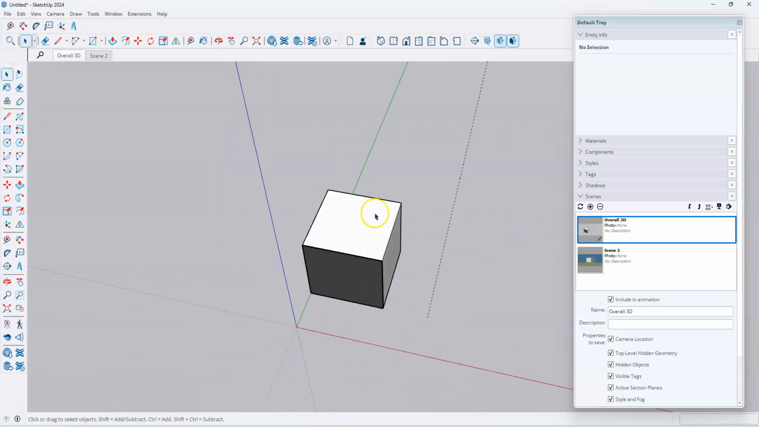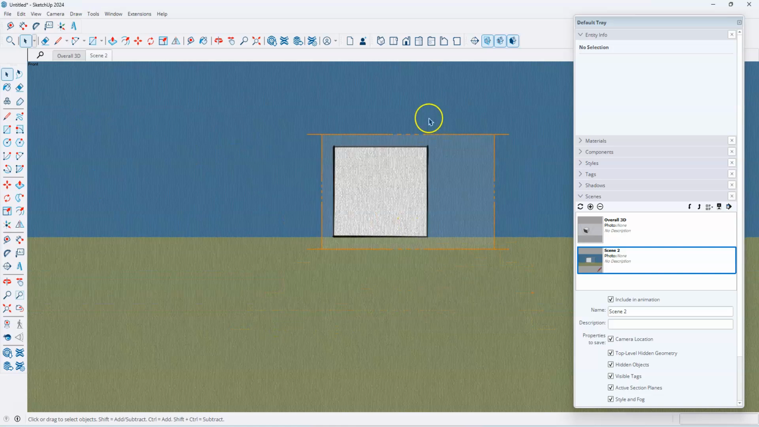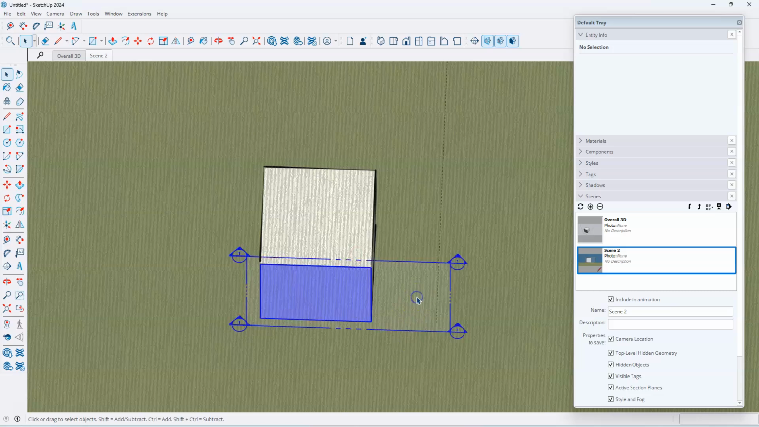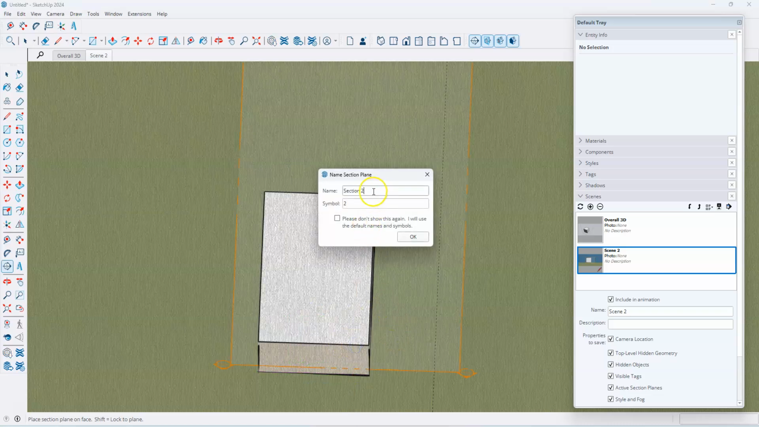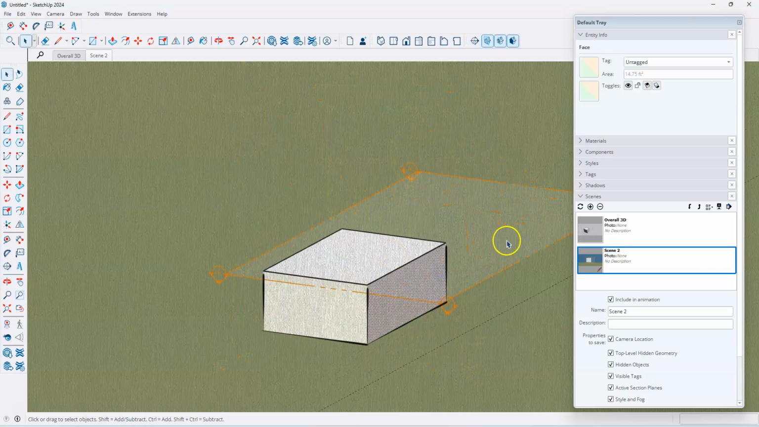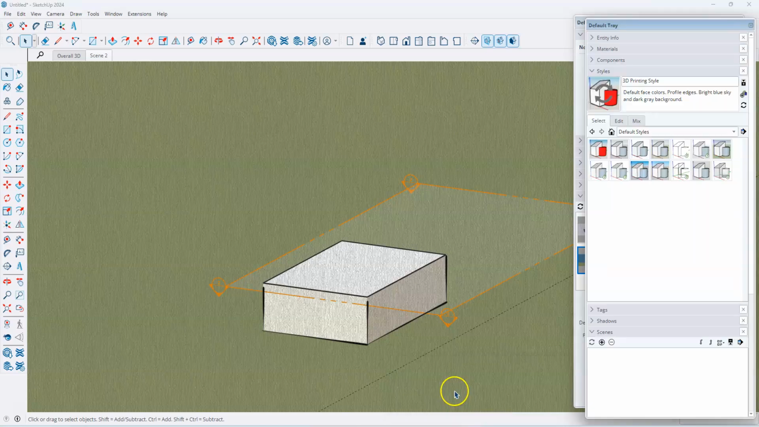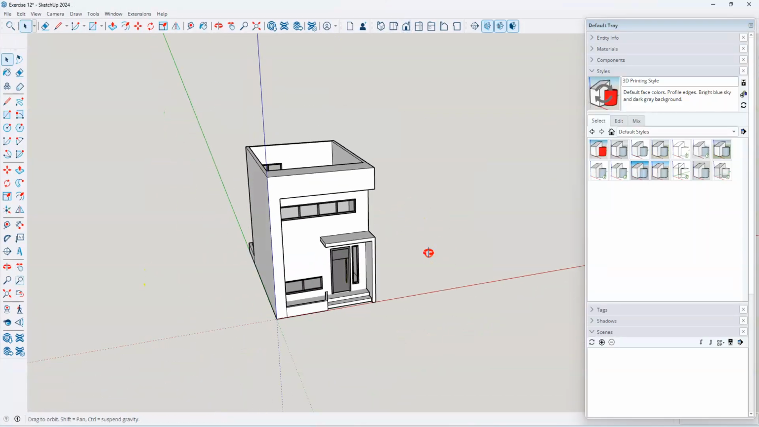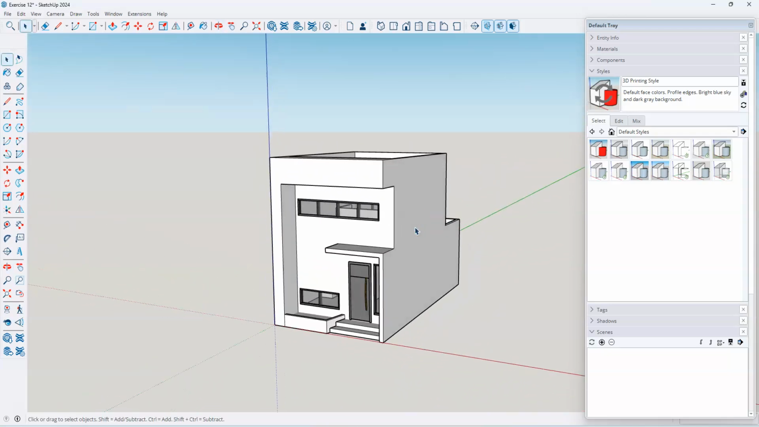But then maybe my scene 2, I want it to be, let's change it to a floor plan maybe. So I'll create a new section. Actually, you know what, let me have this other one pulled up. This other model might be a little bit better. Okay, so for my 3D, we'll just say that I want it to show